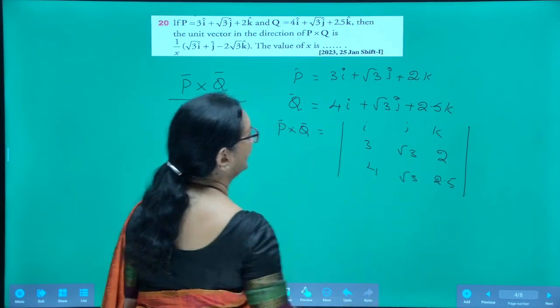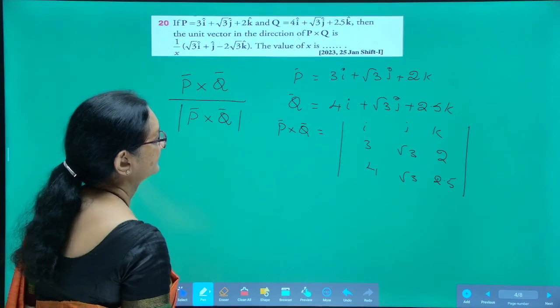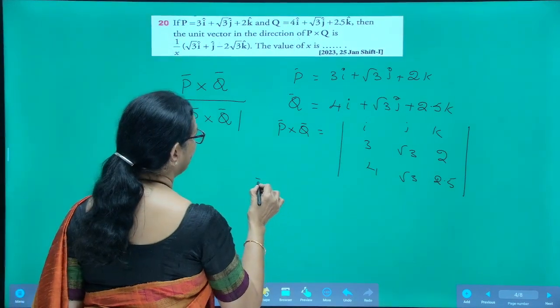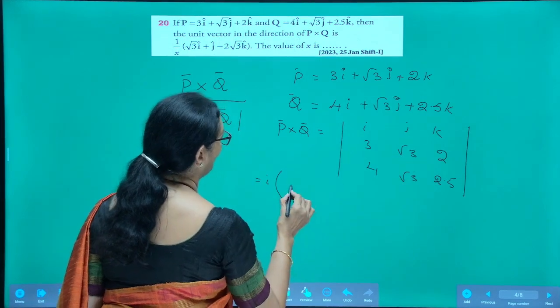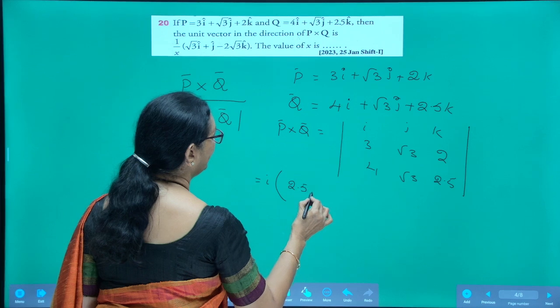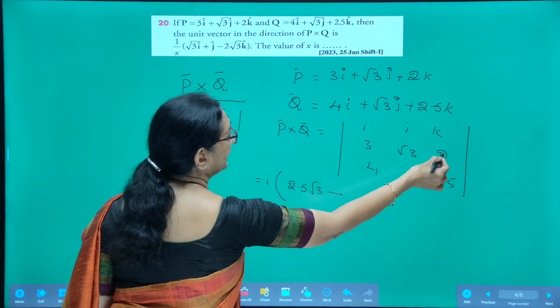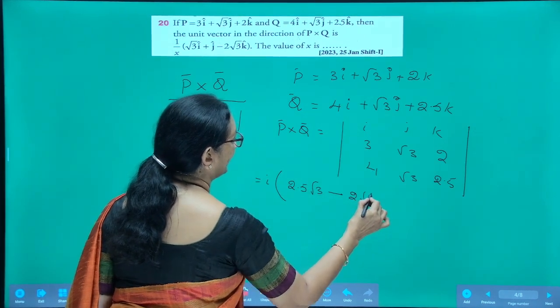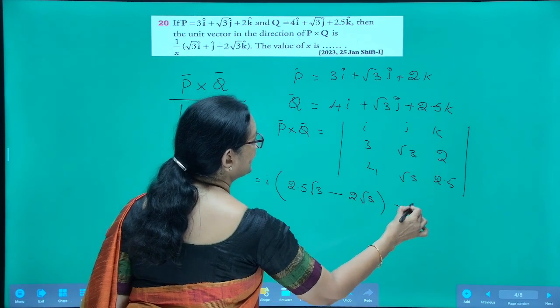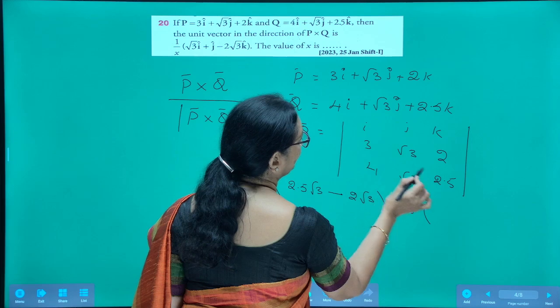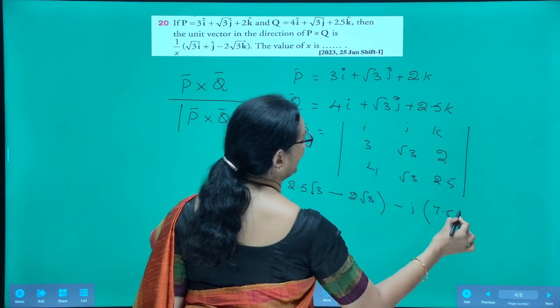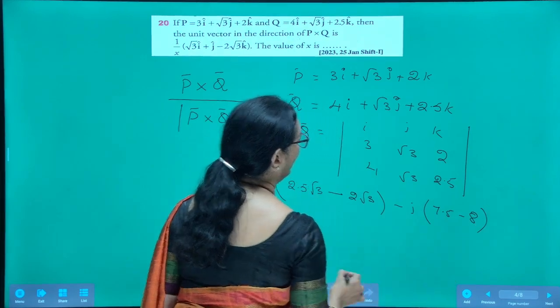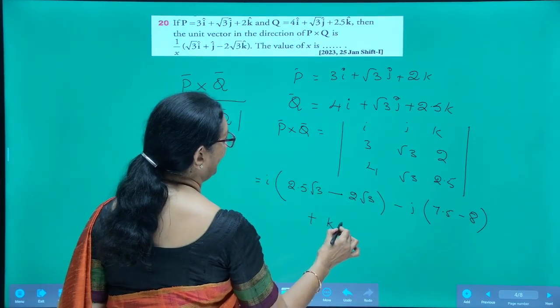You need to find the determinant of that. So, this is i bar into root 3 into 2.5 minus 2 into root 3, minus j bar into 3 2.5s are 7.5 minus 2 into 4, 8, plus k bar into